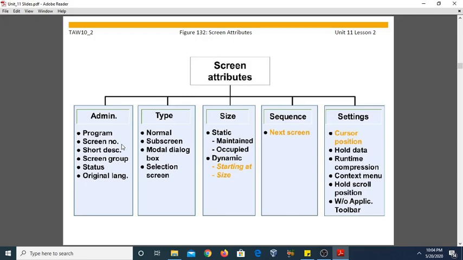Again I am repeating here, the screen numbers greater than 9000 are reserved for the SAP system customers, as well as the screen numbers between 1000 and 1010 are reserved for the maintenance screen of the ABAP dictionary tables and the standard selection screens. Other than these screen numbers you can use, like in the last program we have used 1100, 1200, 1300.